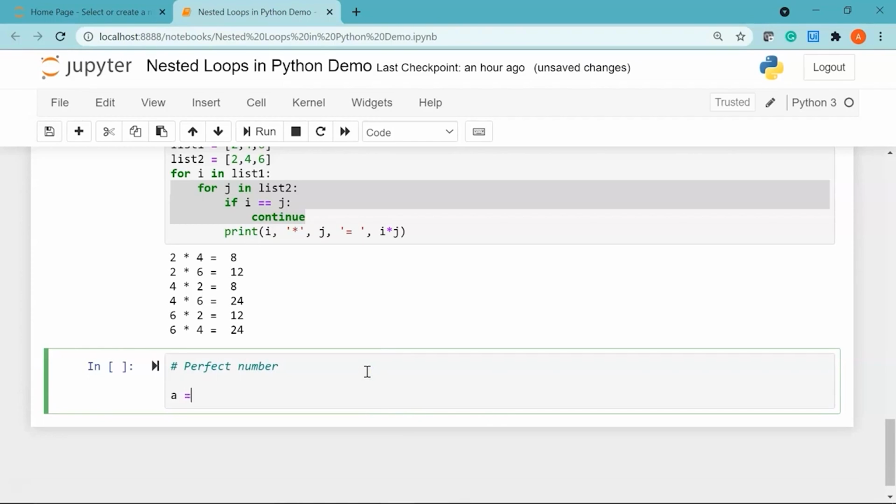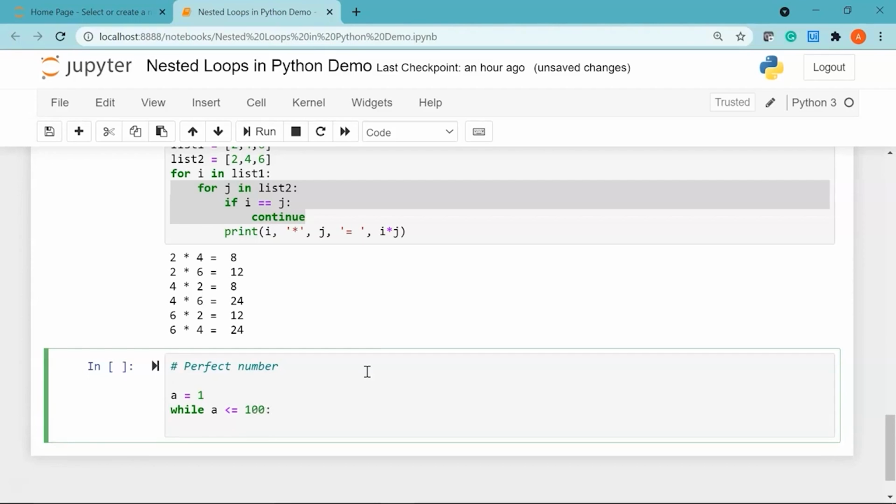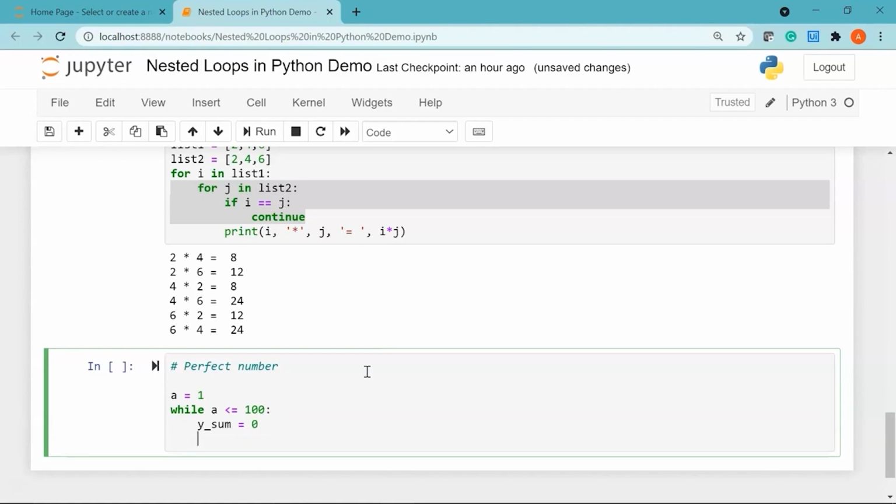So I'll first declare a variable called a, which will have a value of 1. Then I'll say while a is less than or equal to 100, then I'll declare another variable called y_sum, which will have the value of 0.